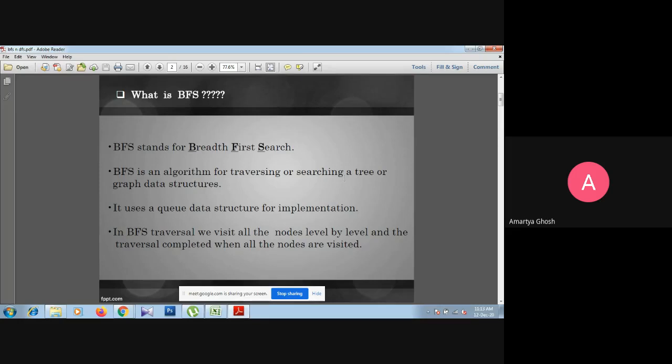If you implement DFS, that means you use a stack, and the rule is last in first out, the LIFO rule of the stack. For BFS, we use a queue. So what is the rule? That is the FIFO rule, first in first out. So BFS and DFS have basically no rule of their own. The rule is set only by the data structure we implement, either queue or stack. Understand?